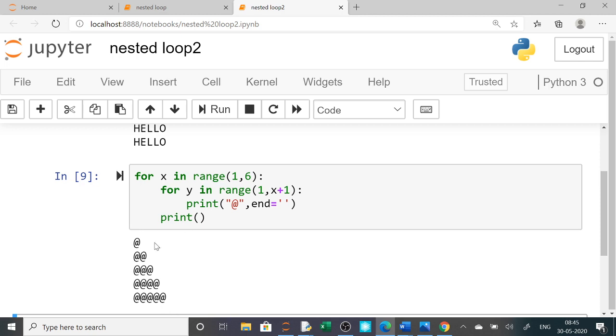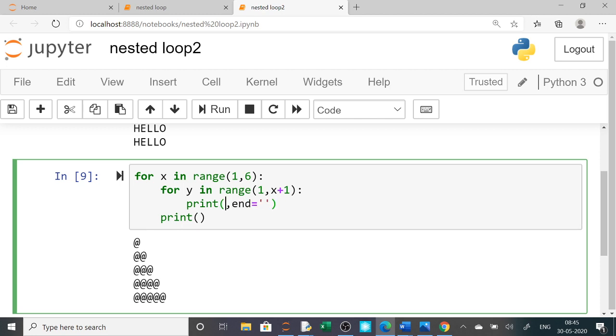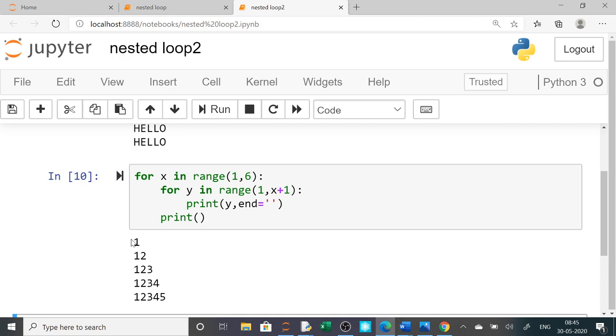Now next is, if you are asked to print in steps, or suppose just the reverse of it, that is 5 times this. So suppose here I am writing y, and then I am printing this. Now I want to print at the beginning 1 2 3 4 5, then 1 2 3 4 1 2 3 1 2, just the reverse of this. Then what I have to do? Here it is 5 to 1. See, when it was 1 to 5, I was writing here 1 to 6. Now I want to write here at the beginning 1 to 5.